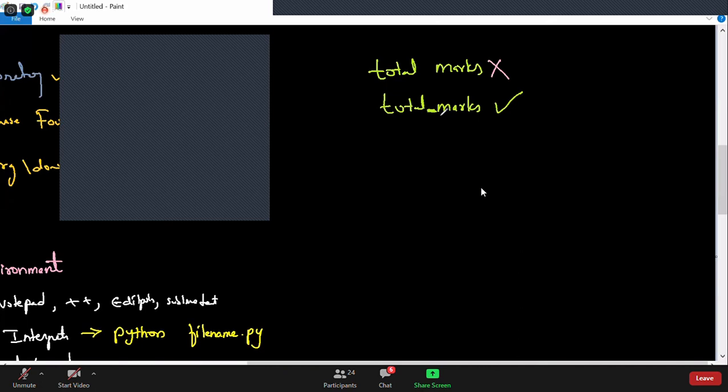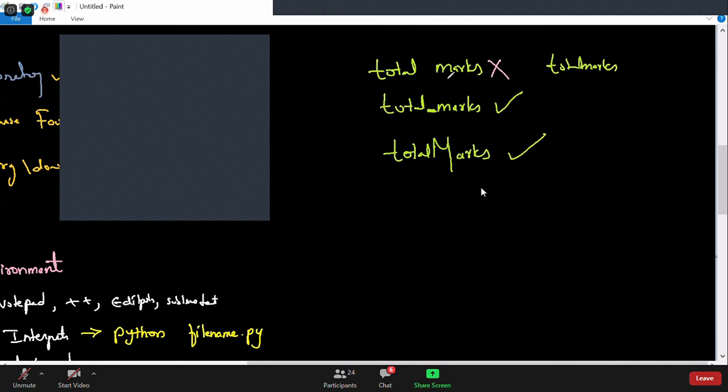So to increase the readability, we use underscore for variable names if they have multiple words. But there is another way: a programming language follows something called the camel case rule. They start with small letters and give capital letters for every following word. That is called the camel case rule, and it is also preferable. If I write total marks without a gap, it is less readable. You cannot say where the first word is ending and where the second word is starting. So either you use underscore or use this way.